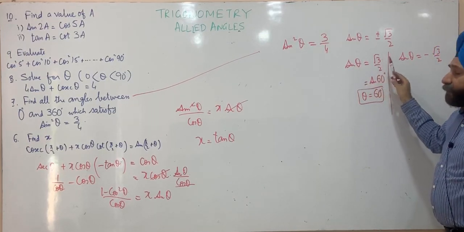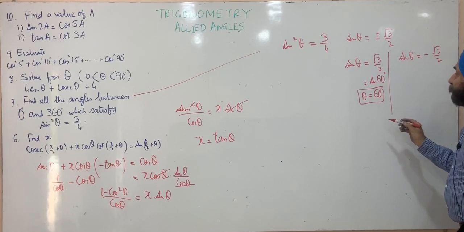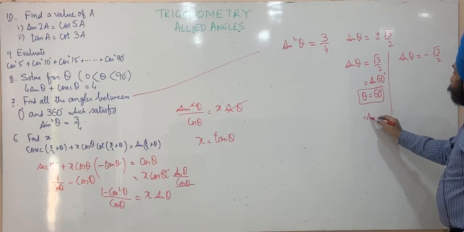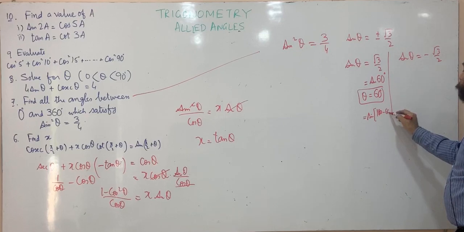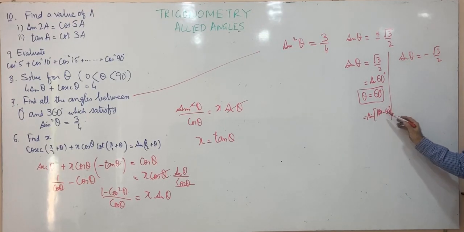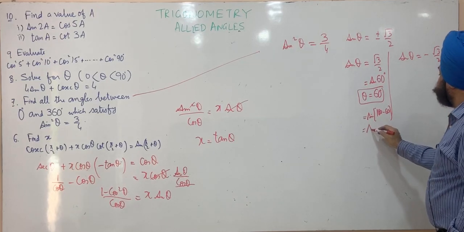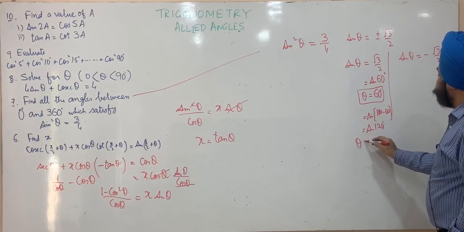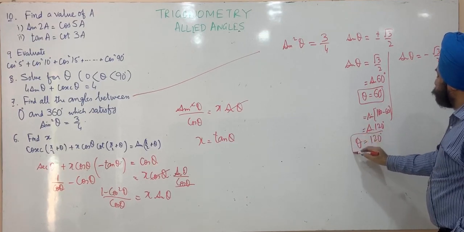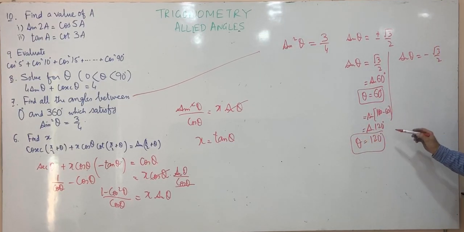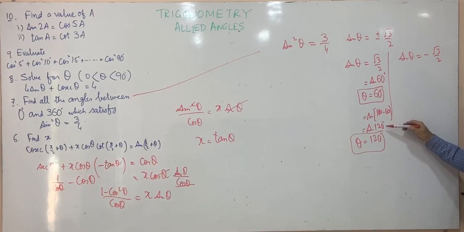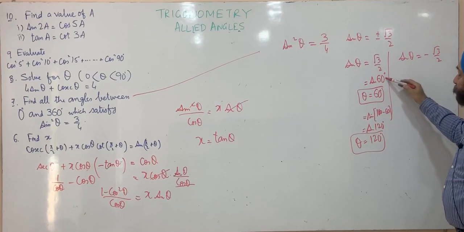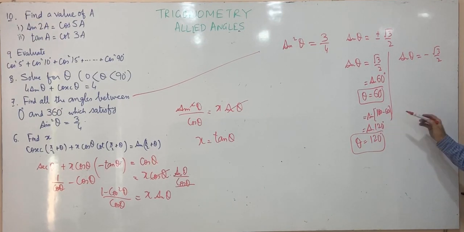Now sin theta is positive in the first quadrant and in the second quadrant. So this sine 60 can further be written using allied angles, 180 minus 60. Sine 60 is the same as sine of 180 minus 60. So this is sine of 120 degrees to get theta equal to 120 degrees. This is the second answer. So is it clear? Sine is positive in the first quadrant and in the second quadrant. So we'll have one answer from the first quadrant and one from the second quadrant. Sin theta is equal to minus root 3 by 2.